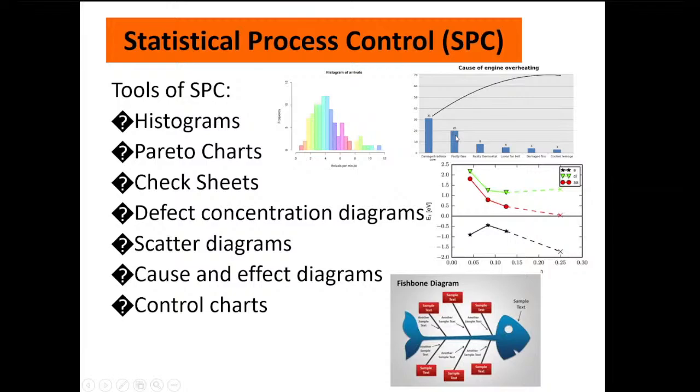Or if you go to some of the swimming pools, they state that the pH today is already clean, pH today is 7.3, etc. So those are the check sheets, one of the statistical process control tools. And or the defect concentration diagram. Normally the defect concentration diagram shows you, okay, the painting at certain parts of the door is having defects, or perhaps they are having bubbles. So all this gives you the defect concentration diagram.